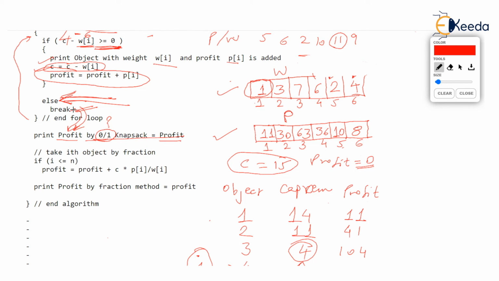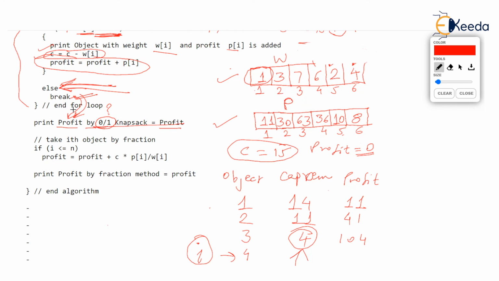So you are either taking an object, which is 1, yes, I have taken the object, or you are leaving the object, that is 0, no, I have not taken the object. But you are not breaking any object into fractions. I hope you have understood what you mean by 0 by 1 knapsack. So many times, they say find out the solution for 0 by 1 knapsack. That means you have to understand that all objects will go as an atomic unit. You cannot break an object, isn't it? Now what I mean by all this, let's see.